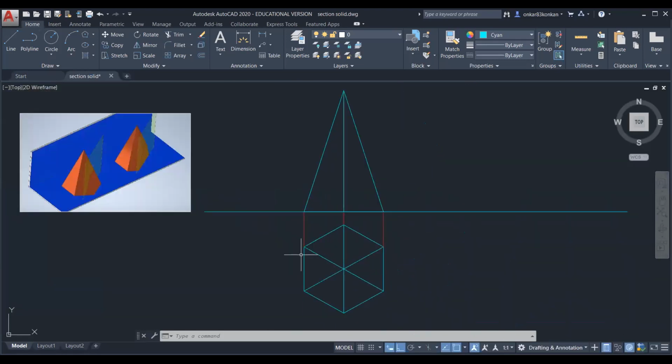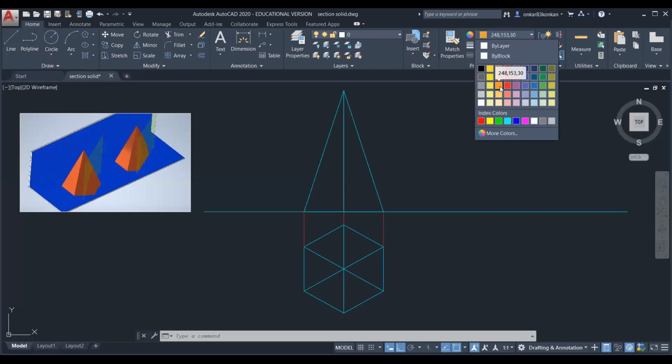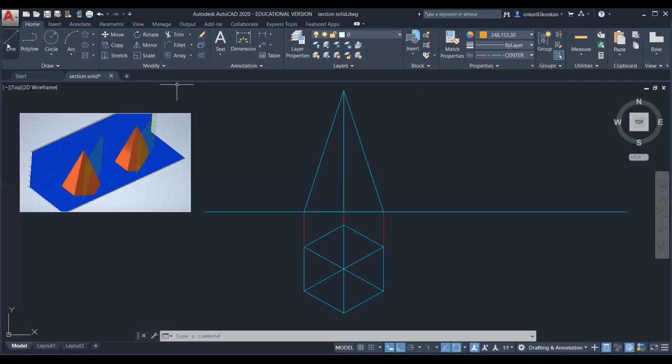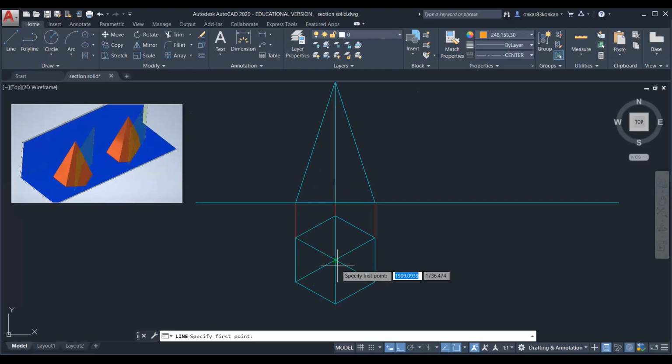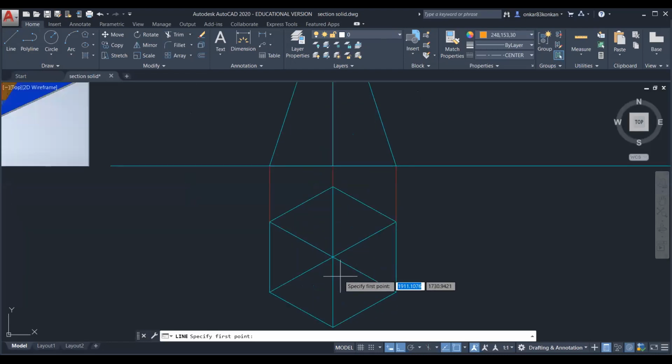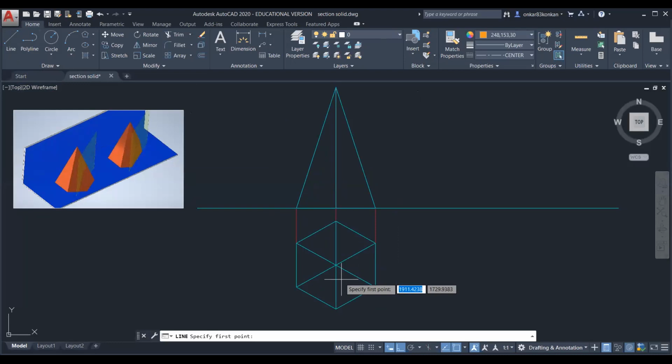So in the last problem we have shown the position of the section plane on the front view. Now we will show the position in the top view. The first step is, as the section plane is 15 mm away from the axis of the pyramid, from this point draw a perpendicular line 15 mm.